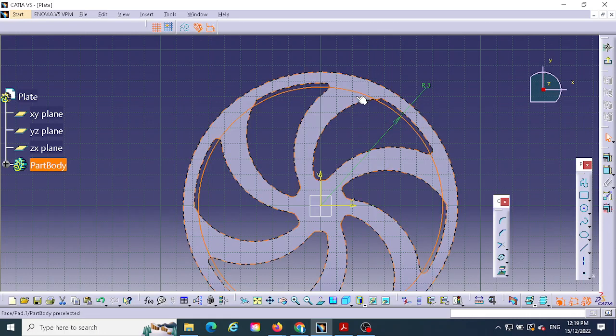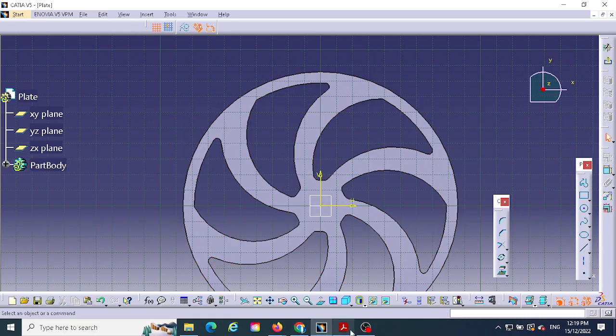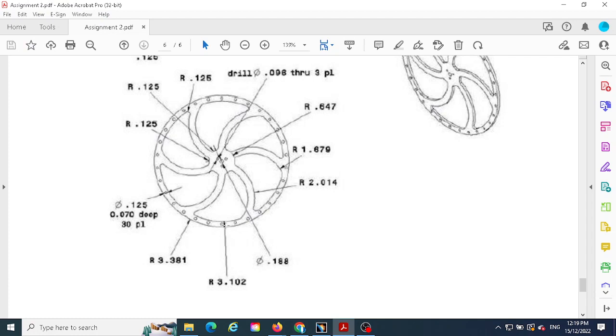Oh, it's not. What is the location of this? I think it's in the middle of these curves. This one is 30. I think the circle diameter is definitely in between. So what we do is we have to